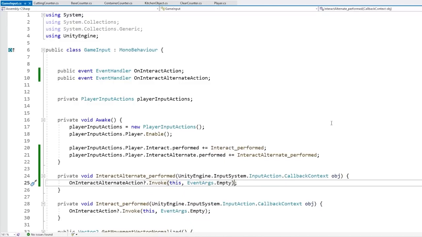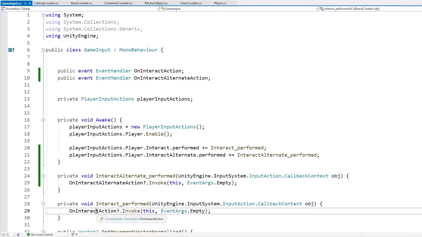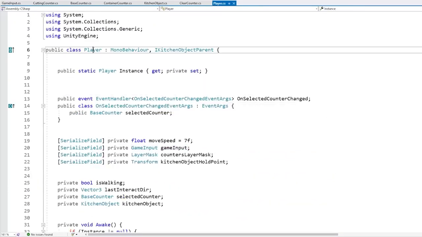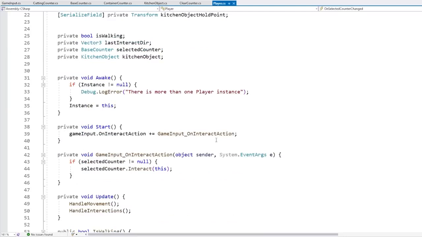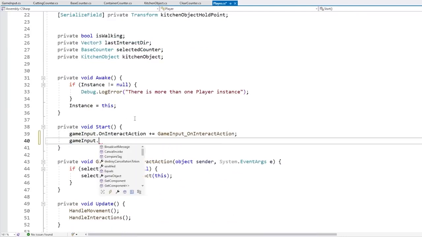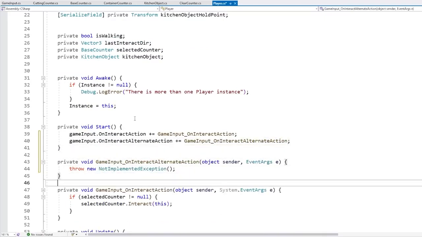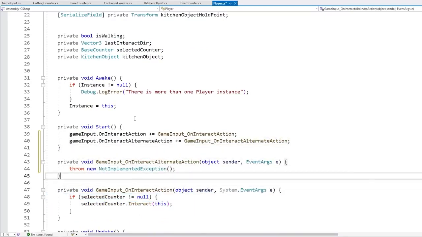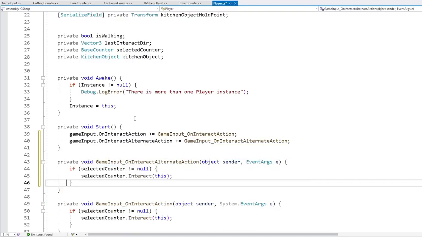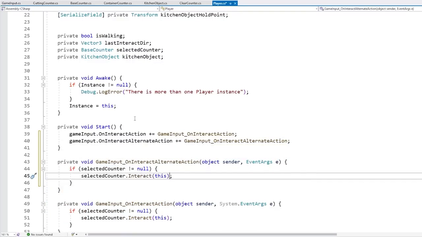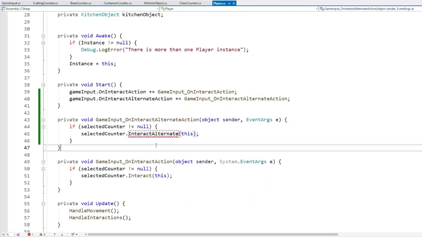Okay, so we have the input for the interact alternate. Now let's go on the player to listen the same way we were listening to the regular interact action. So over here on the player script, let's see how we're doing things. So we go into game input and listen to that. So let's do the same thing, game input and on interact alternate action. Let's listen to this one. And when this one happens, let's do pretty much exactly the same thing, except we're just going to call a different function. So instead of interact, let's call interact alternate, which in turn obviously means we need to define this